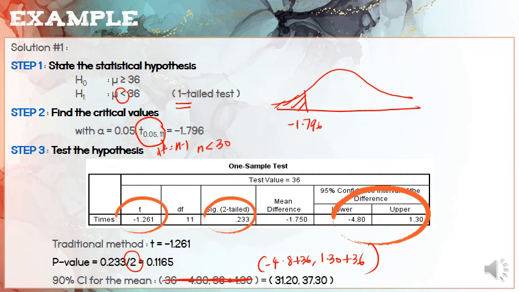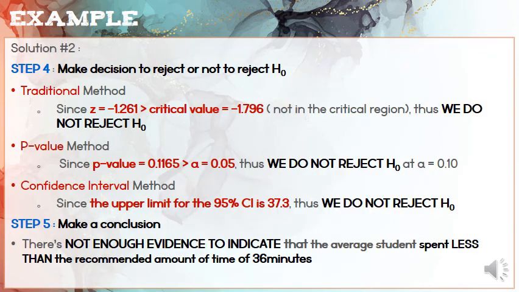So now kita dah ada all the values. Next, we have to decide whether to reject or not to reject our H null. Okay. So kita proceed with step number 4. So nak decide macam mana? Okay. So based on the traditional method, okay, kita dapat tadi nilainya test value negative 1.261, and kita juga dah tengok our critical value tadi T 0.05, degree of freedom 11, kita dapat negative 1.796. So if saya sketch untuk awak dekat sini,